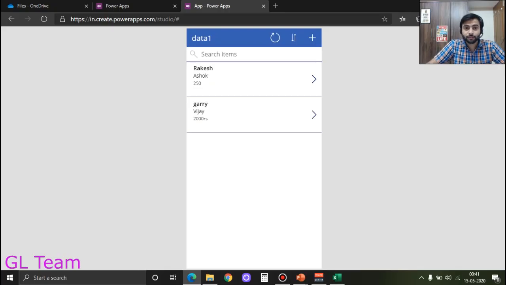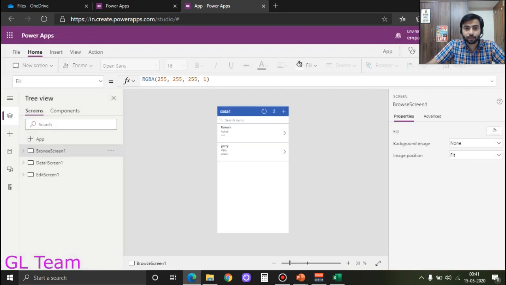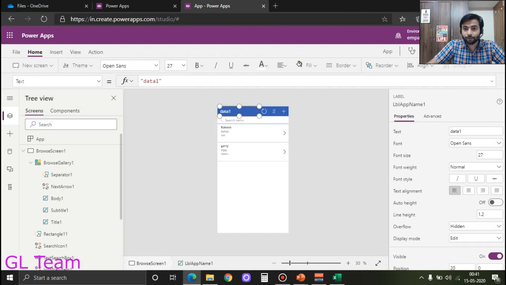As you can see, I want to change the data 1 table name right here. I can do that from here, properties, text I want to change. I can write service details.